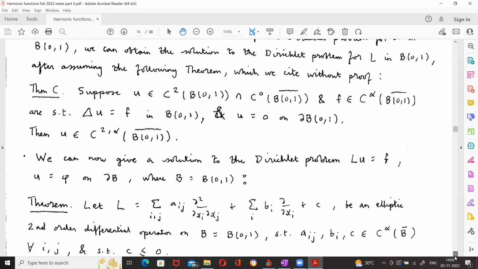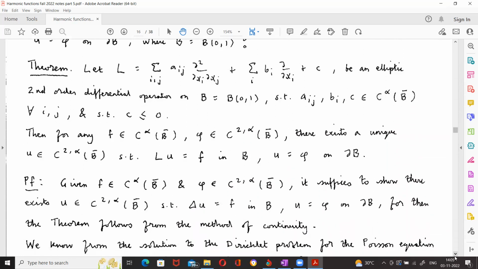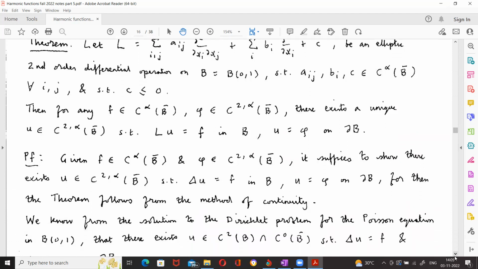And then using this, by the method of continuity, we were able to show that if you have f, which is alpha Holder on the closed ball, and phi, which is C2 alpha on the closed ball, then you can solve the inhomogeneous equation Laplacian u equal to f and u equal to phi on the boundary of the ball, right? This is easy to show. Once you have a solution to